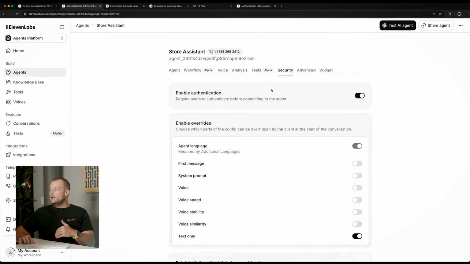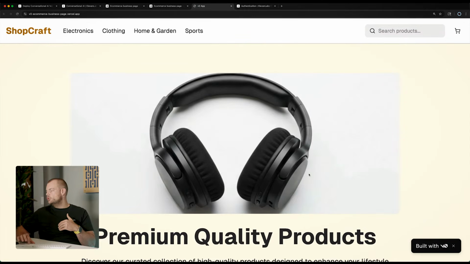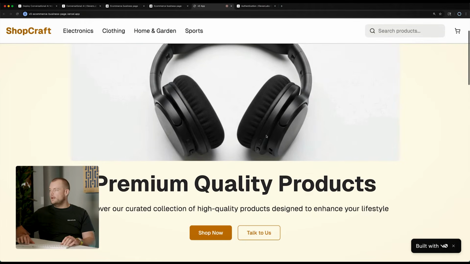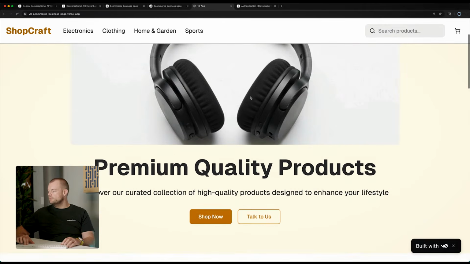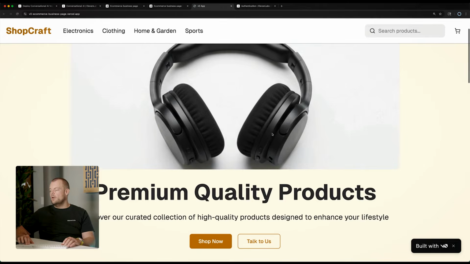So you can see now as we enable authentication and we reload our page, if we now were to try to initiate a conversation with our agent, you can now see that we failed to start our conversation. And we weren't actually able to even load the widget at all.